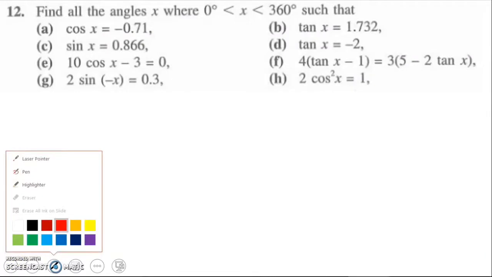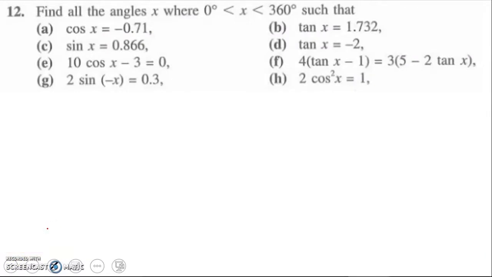Okay, number 12. I'm not going to do all these. I'm just going to do a couple of these so you can get a good gist of what's going on here. We haven't done a lot of these, but let me give you a bit of an overview of what this is all about. So, for instance, let's just do A together. A says cosine of x is equal to negative